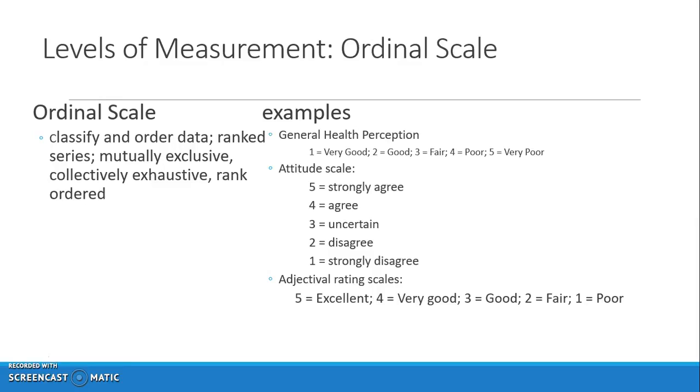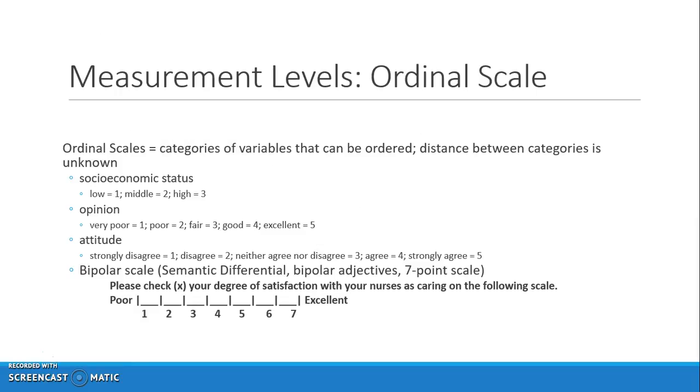Here you have a one-item instrument where you're eliciting patient's general health perception from very good to very poor. An attitude scale for one item, strongly agree to strongly disagree. Adjectival rating scale, excellent to poor, all ordinally scaled. Other examples, basically knowing that the intervals or the distance between the categories is not known, basically is socioeconomic status,